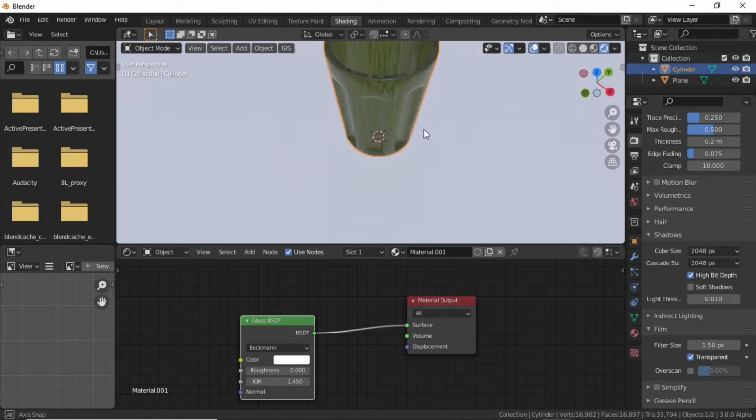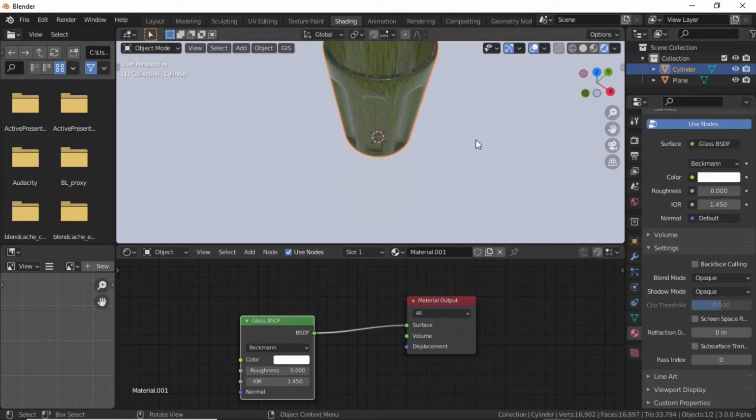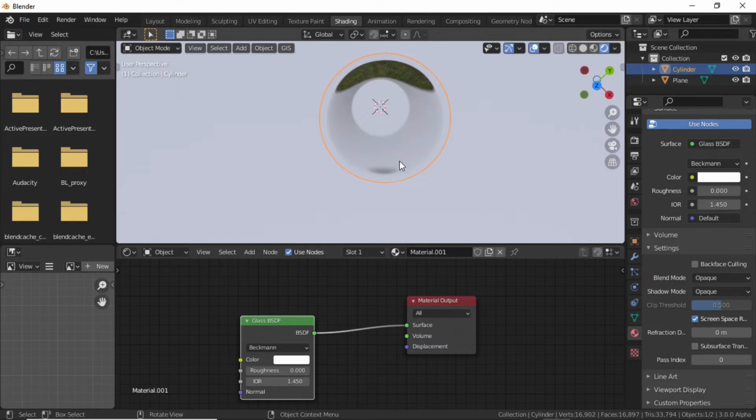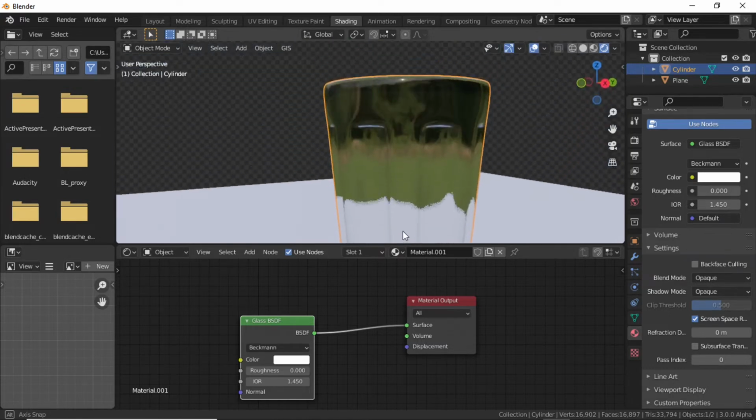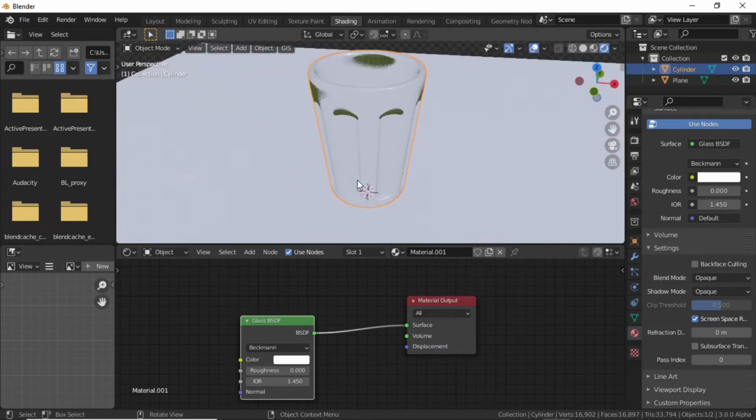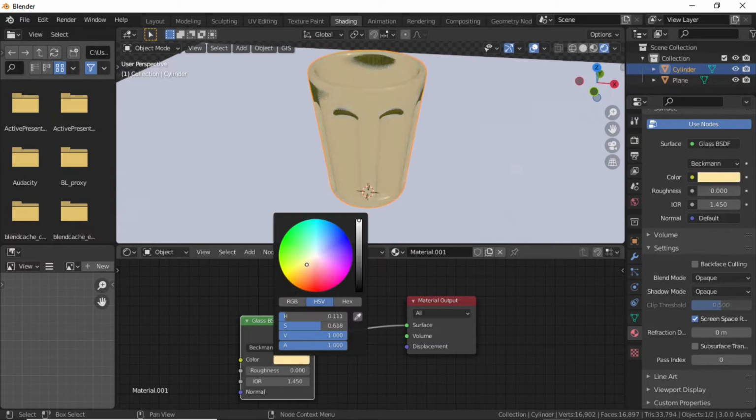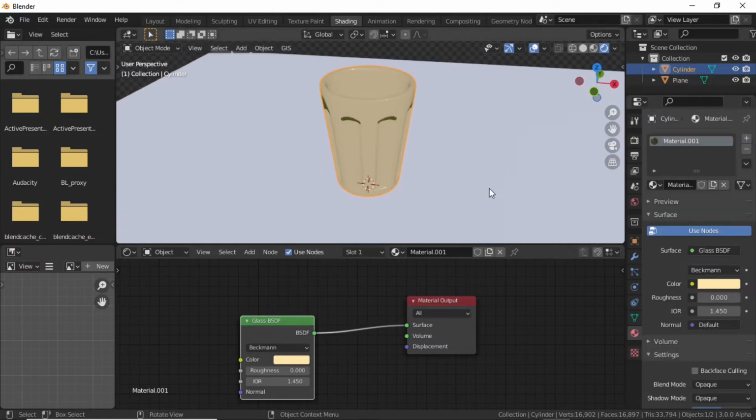So the reason is, select this then click on this material properties, then enable here screen space refraction. Now you can see that this is transparent. You can change its color little bit like this and also create new material.